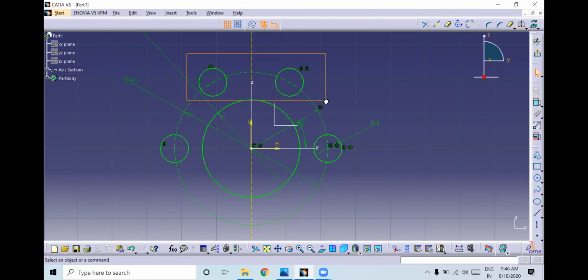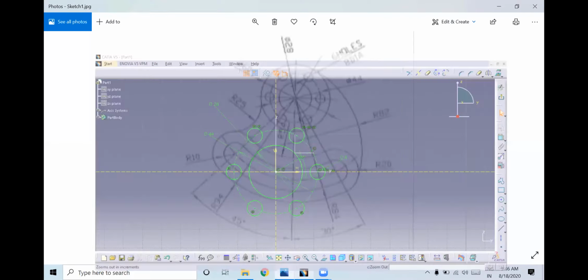Again I will select only these two circles. If you select all and try to mirror it, the profiles will be overlapped. So don't do that; you have to do it carefully. Again I will go to mirror, select the sketch, then select the axis. See here, we have got the same thing, right?